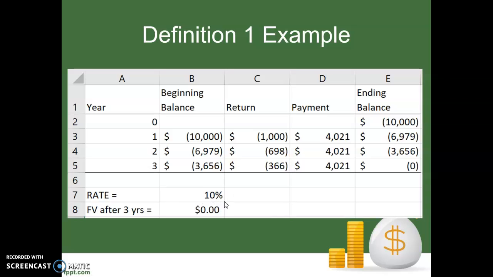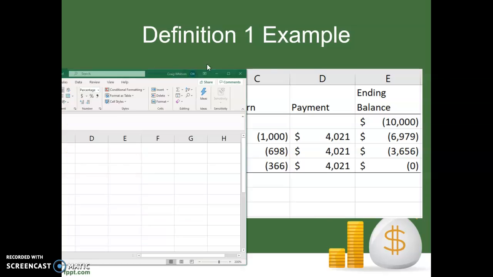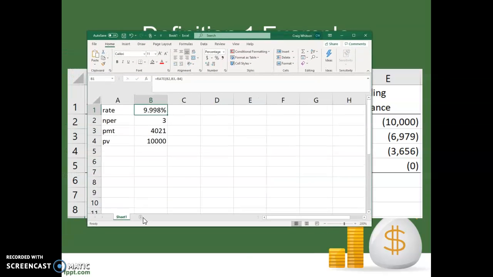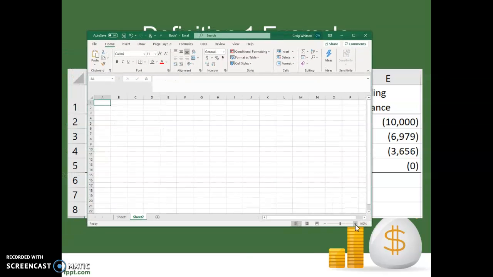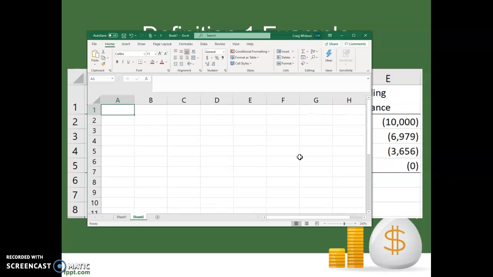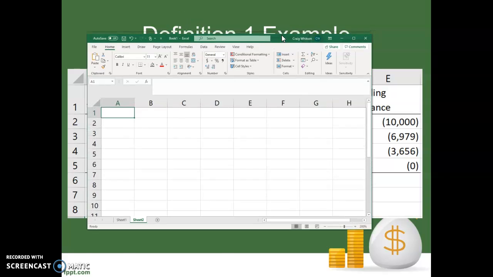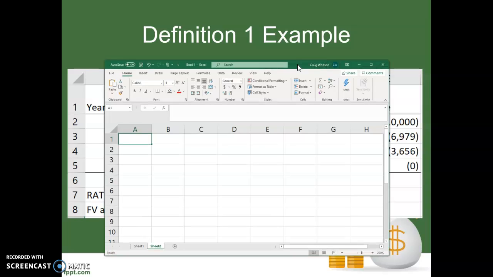So in the previous slide, we were able to calculate this rate using a simple function. But what we've done here is we've set up a little bit of a chart to explain in a little bit more detail what's going on. So I'll go ahead and do that here in real time. We'll set up this spreadsheet that will show us the year, the beginning balance,